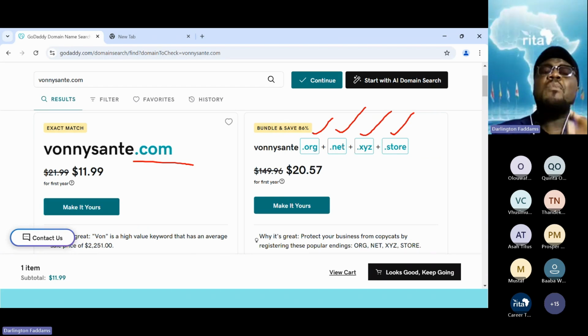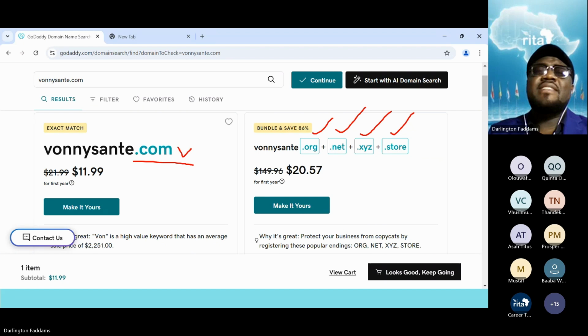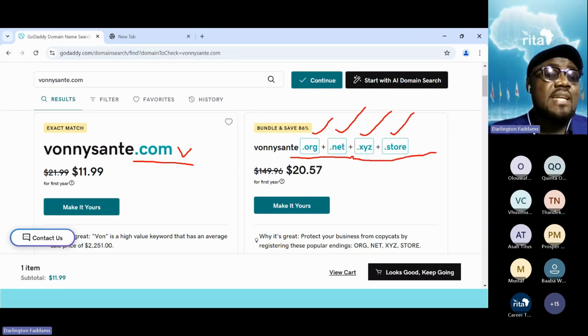Unless you are a popular brand, okay, then advise your clients this way to take these extensions because of the brand name. But if you are a beginner, the .com is the hottest one. If you don't have the .com, then I will advise you to get a .com. That one I will advise you, but I'm not going to advise you to waste your money buying all this. Don't do that. If GoDaddy is promoting it to you, don't do that because it's a waste of money.